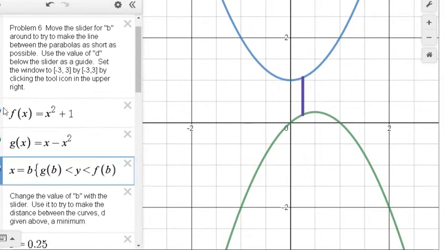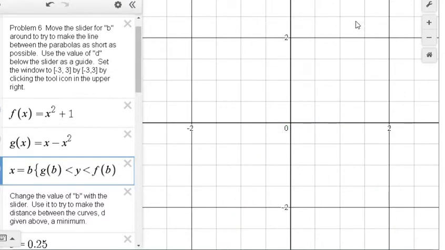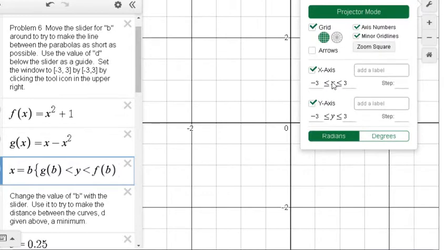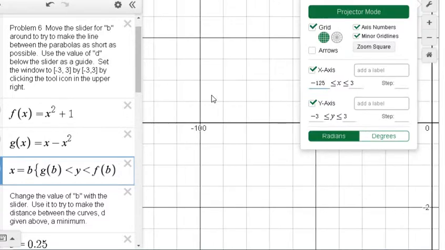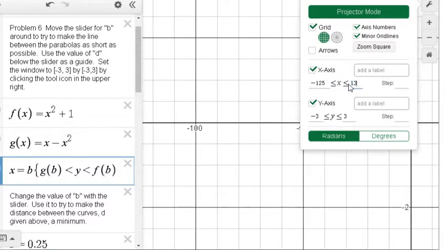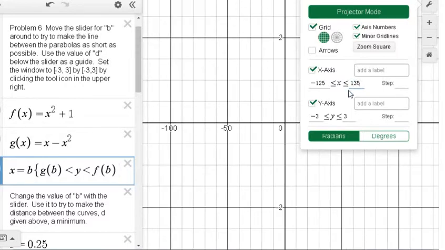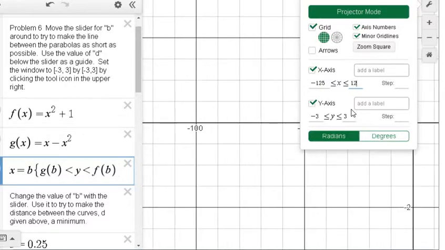So let's shut off these graphs first. And then you want to go up here. I think we want to go from negative 125 on the x-axis to positive 125. And then on the y-axis,